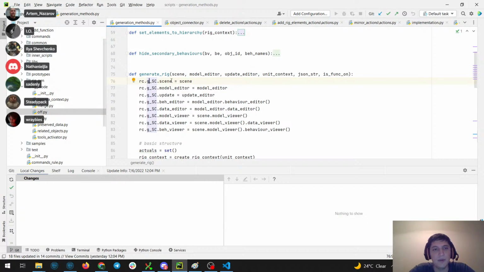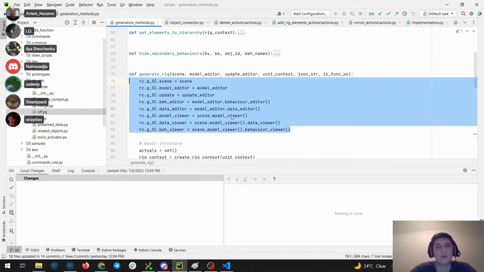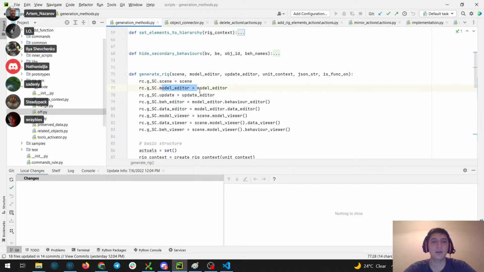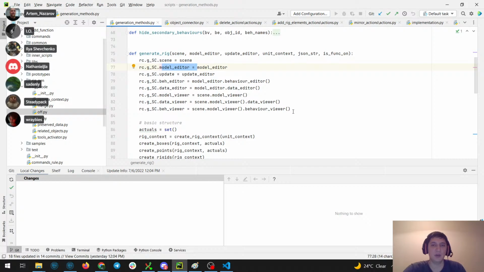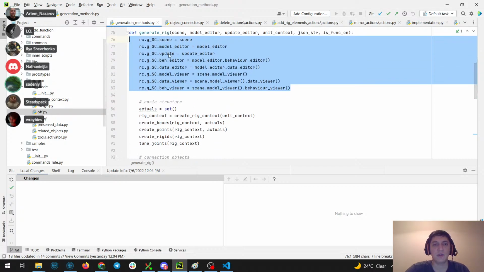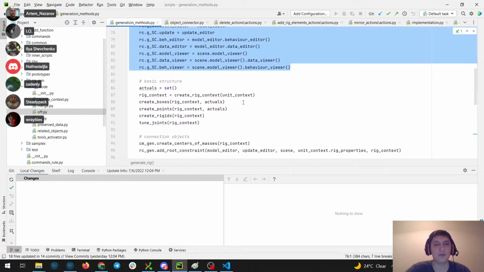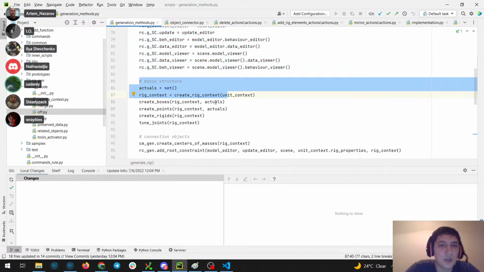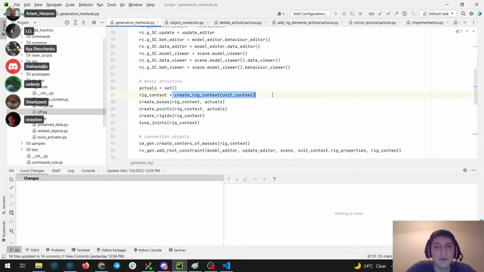Scene context, and inside we're already in the modify method, so we're modifying the scene, and we have access, and we just store all these different editors that help you actually change the model, like the behavior editor, the model editor, the update editor, etc. And the viewers, they're all here, and then we start to generate the basic structure of the rig. So first we create the rig context,